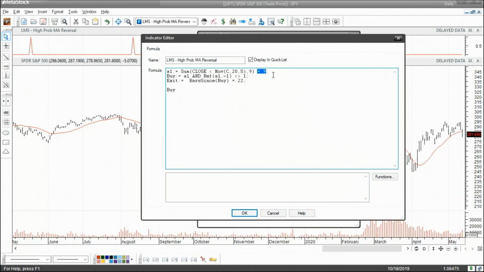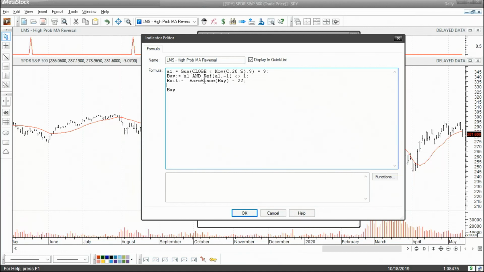And what I'm looking for here is exactly 9 cases where the close closed below the 20 period moving average. Okay, so that's my first part of the formula. It's looking again for that close to be below that 20 period moving average for 9 bars in a row. When that's true, that's going to make A1 true. The second line of code here says buy is equal to A1. So in other words, A1 has to be true,